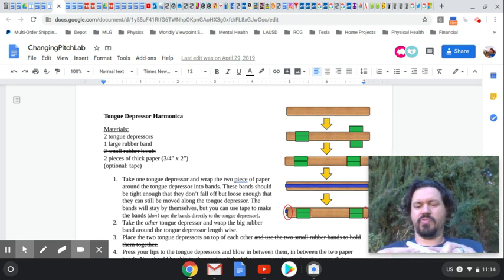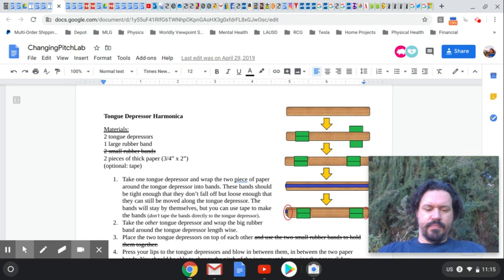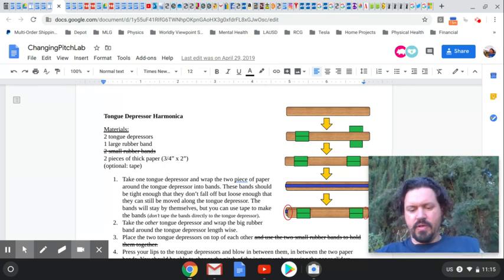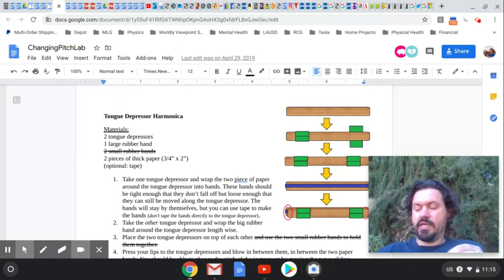See, this is what happens when they're too long. This takes forever. Okay, so that's one piece. I'm going to put that down for a sec. And then over here, I'm going to take my rubber band. And this is easier if you have bigger things like this. And by the way, you can do this